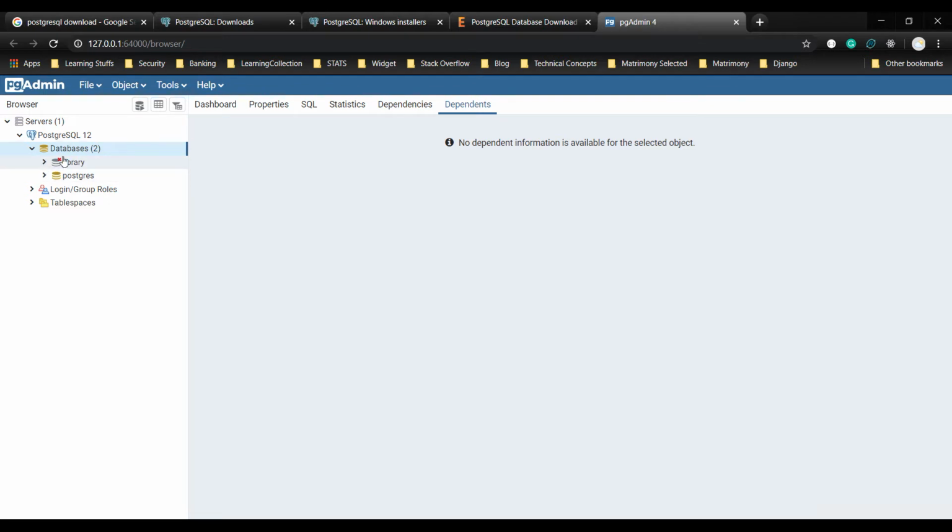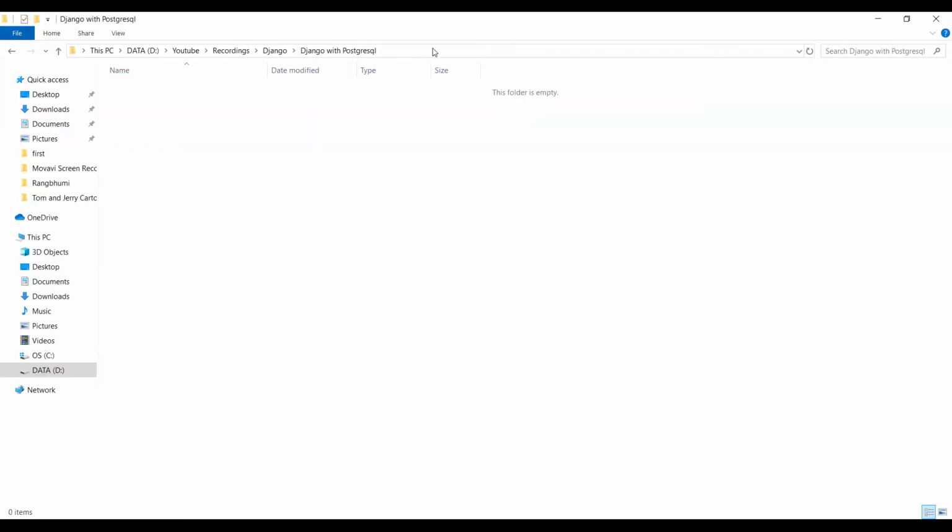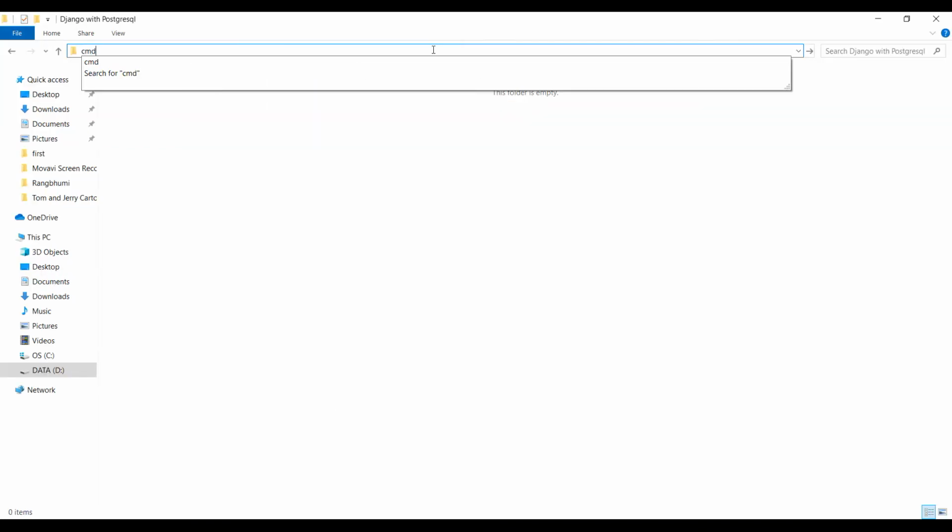Now it will take some time to connect. It is giving this cross sign. Okay, once the database is connected, then we will go to our Windows and we'll start working on our Django app.